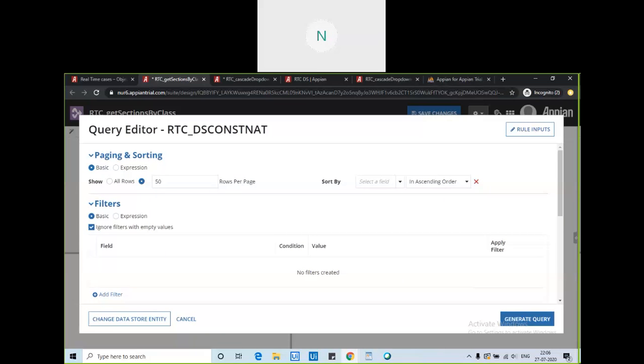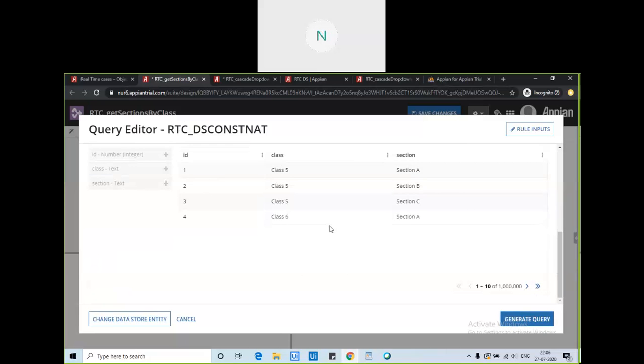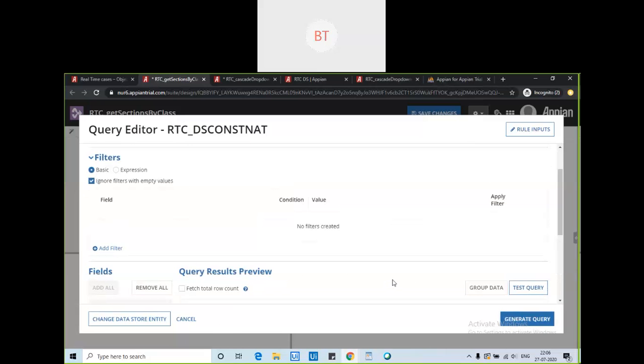How will we get that query editor? You directly name it, right? Query editor, yes. Where do you find that? Oh, okay, that was there. Let me generate it, I will show you, otherwise it will vanish. Okay, I will show you.